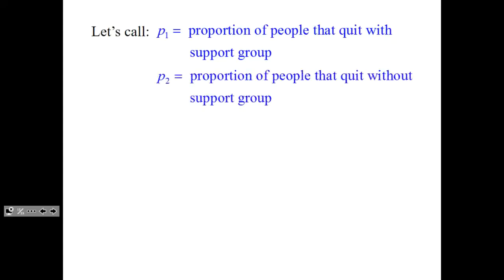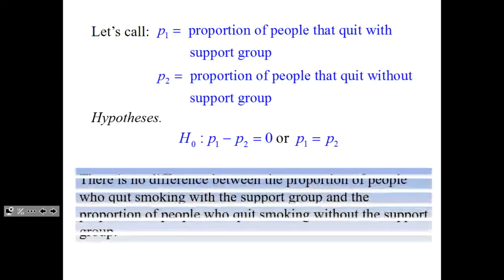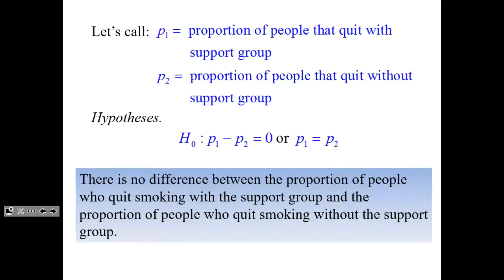P2 is going to be the proportion of people who quit smoking without the support group. My hypothesis: our null hypothesis is always the same, P1 minus P2 is equal to 0, that there's no difference between the groups. Our null hypothesis for this is very straightforward. There's no difference, so the difference is 0, or P1 is equal to P2. I like P1 minus P2 is equal to 0. No difference, and there is, in words,